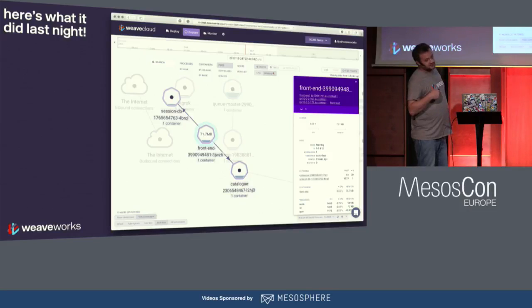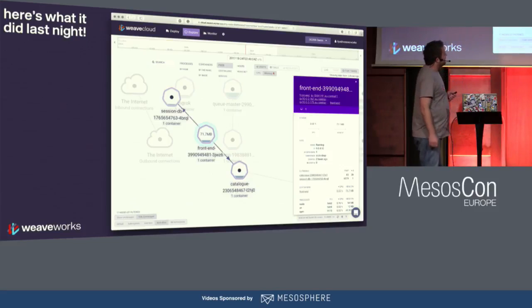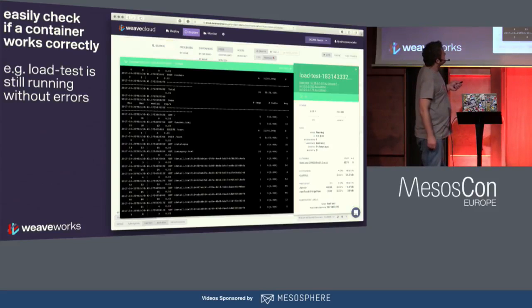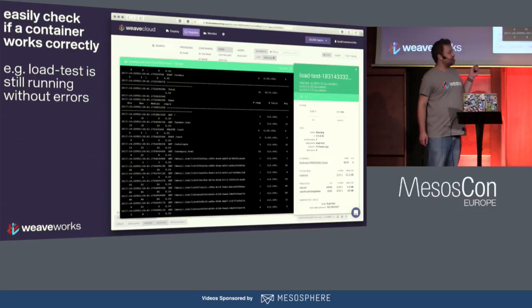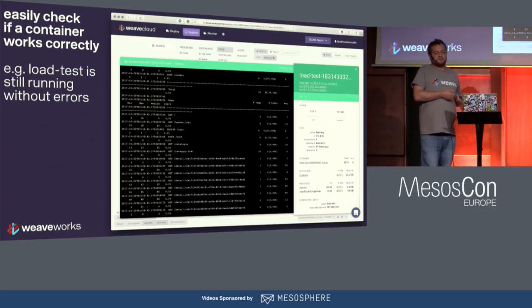And if you actually want to find out more, you can click here and you'd go to the monitor view where you can explore metrics and Prometheus. We'll get to that shortly. And you can also log into any of these containers and take a look, whether this is just the standard output of the container. You can also drop into the shell inside the container if you want to do some manual check of some kind, or just take a look whether the output looks right still. This is something you can disable in production also. This is more of a development mode.